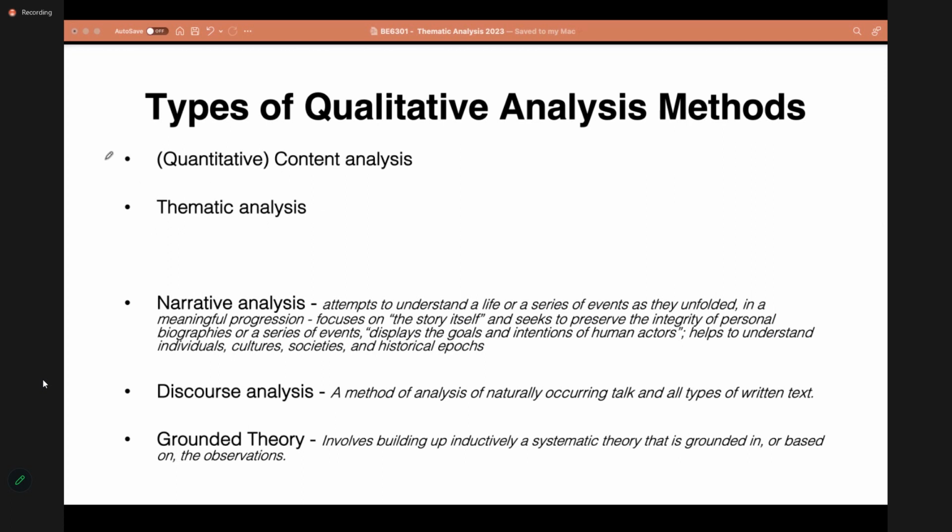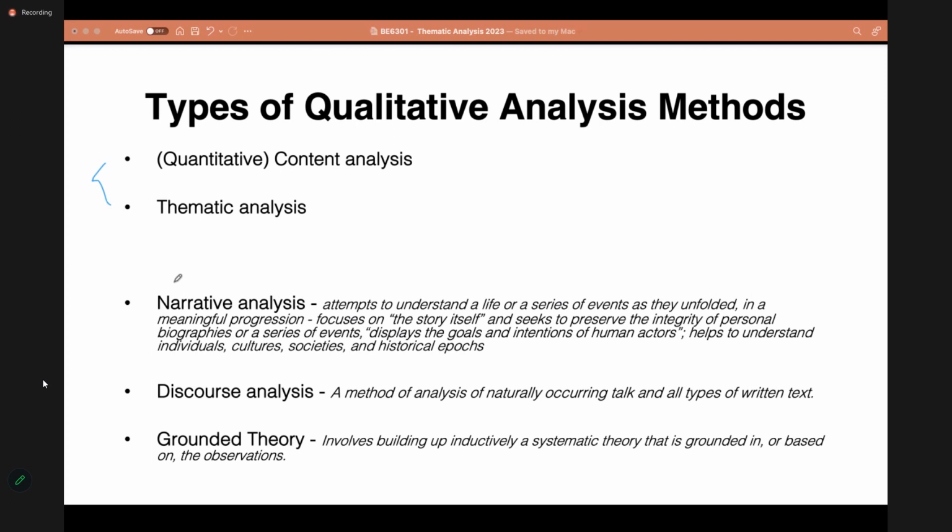These two we will have a look at in a bit more detail in the coming slides. Other than that, there are of course other types of qualitative data analysis methods as well. You might come across narrative analysis, where, if you're conducting biographical research, you try to understand a series of events in the order and progression that they happened.